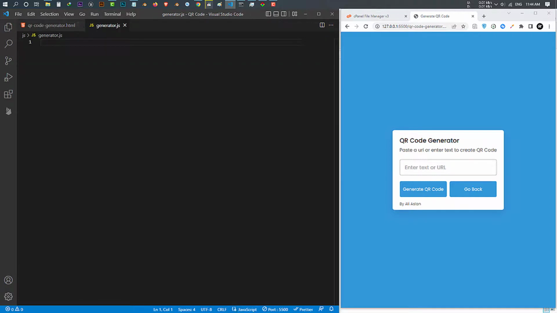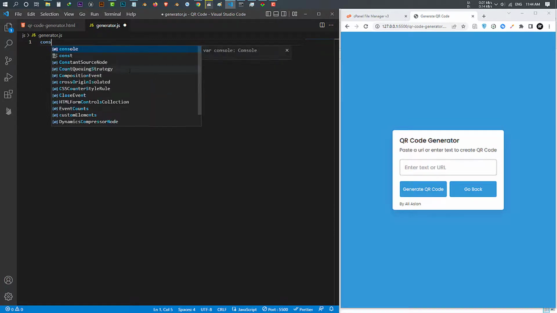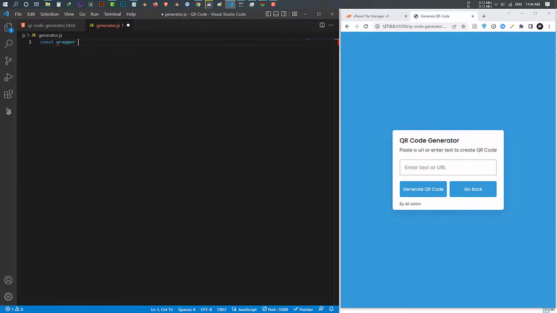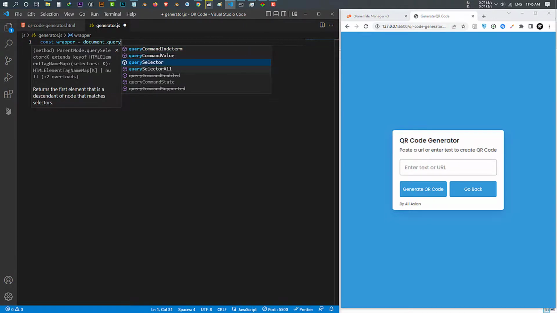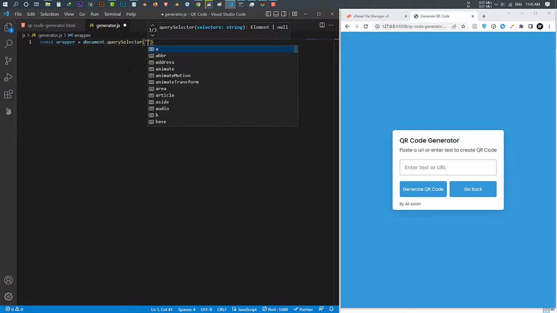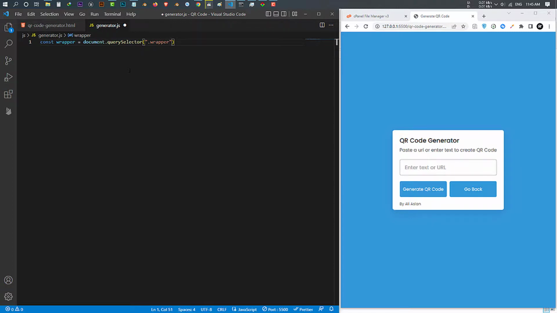So let's go to the generate.js. This is very important because every action happens here, so this file is very important. So first of all, we have to select some elements from our HTML. I make a constant of wrapper, and I select document.querySelector. I select my wrapper. Once we selected the wrapper, I want to also select the input of this wrapper, so I call it qrInput and equal to